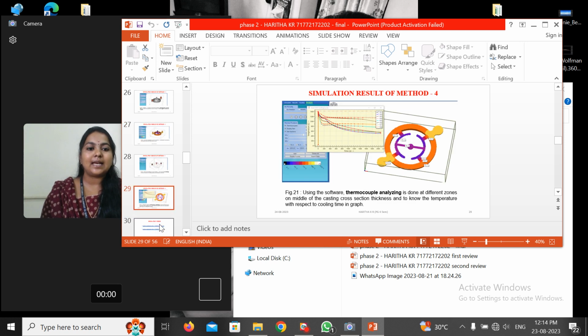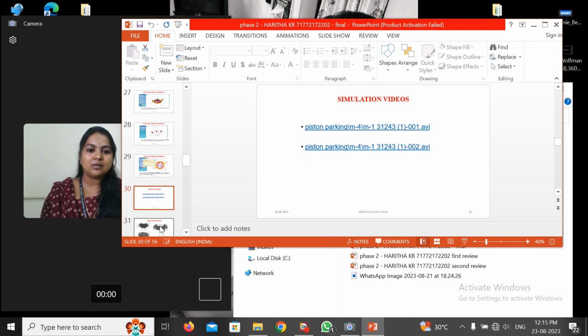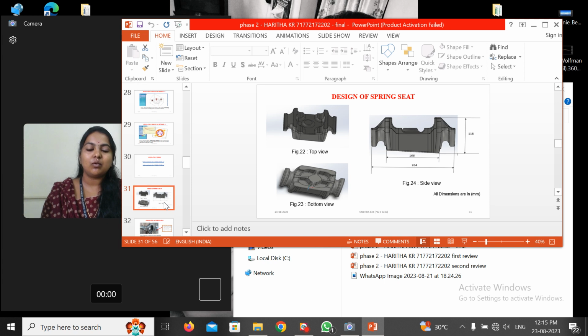Also we can analyze the temperature with respect to the thermocouple analysis inside the simulation software. I am slicing over the thickness up to the level of 60 mm. Below that, by clicking the point at the center of the sprue, runner bar, inside the cavity of the mold, and also the feeder neck and the riser, we can note the temperature and how the cooling time with respect to the temperature is taking place. And this is the simulation video which is recurring, and I will show the design